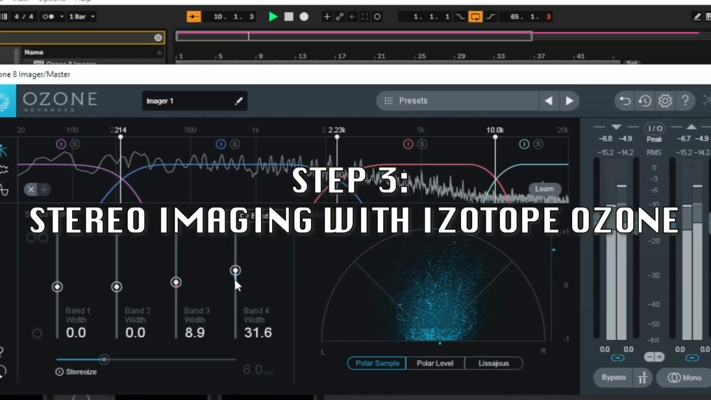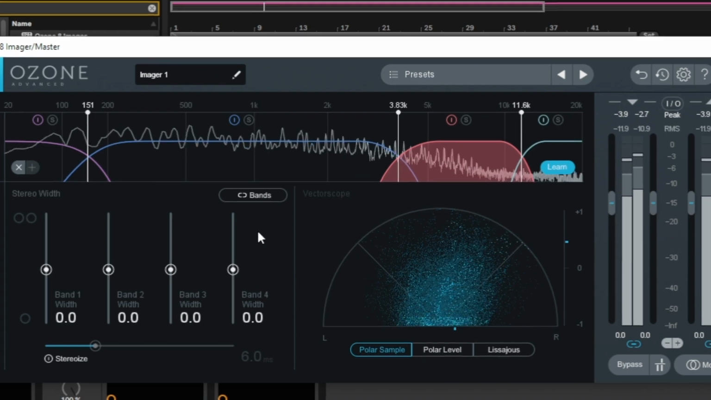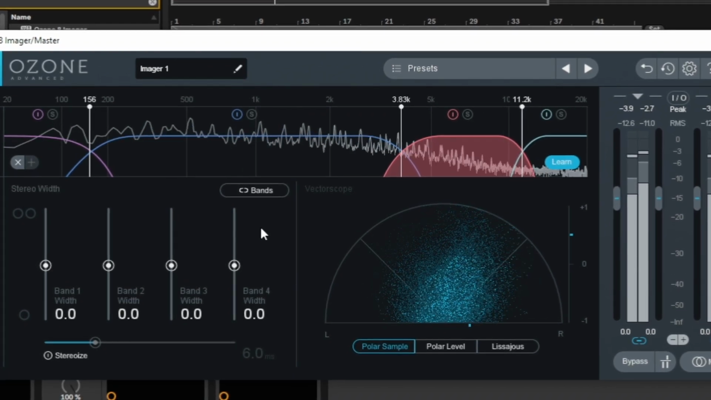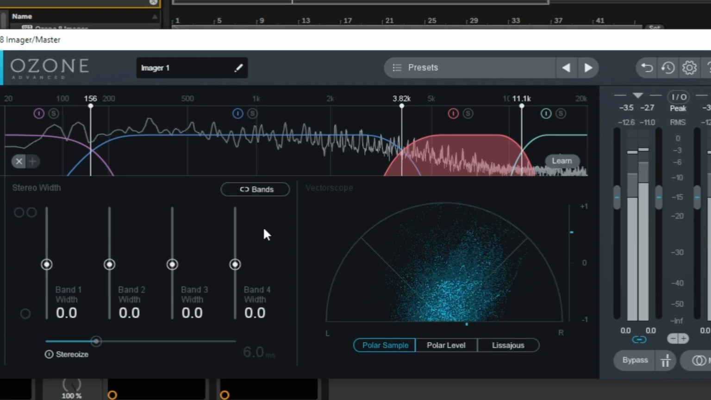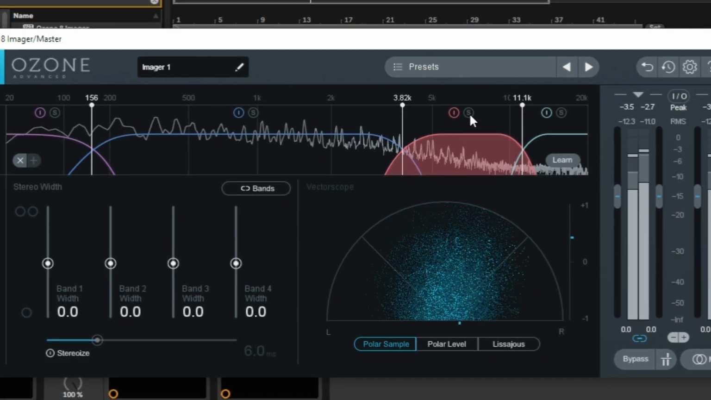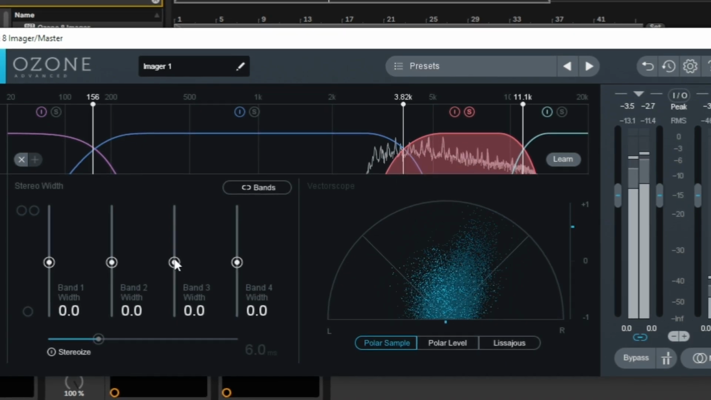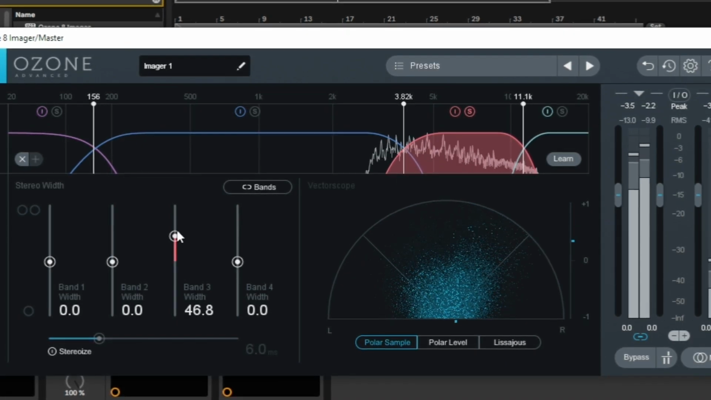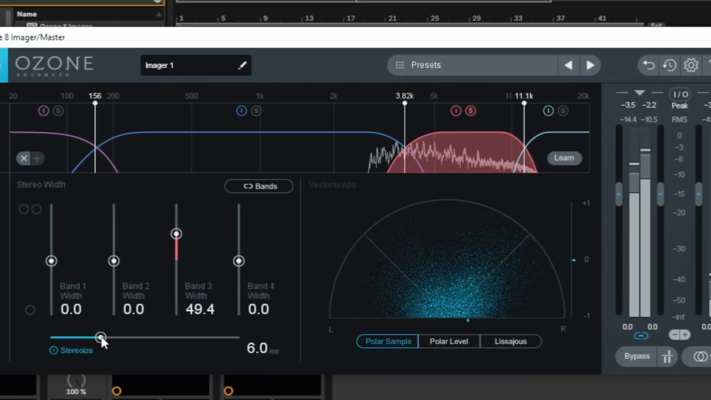Next up is stereo imaging. This is where we start to give the track some space and depth. I'm using Ozone's imager to gently widen the mid and high frequencies. This helps create that expansive, dreamlike sound that's perfect for ambient music. Be careful not to overdo it though. We want it to feel wide and immersive, but not so much that it starts to sound unnatural or causes